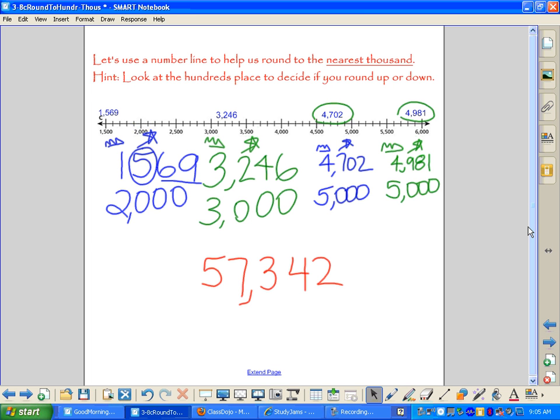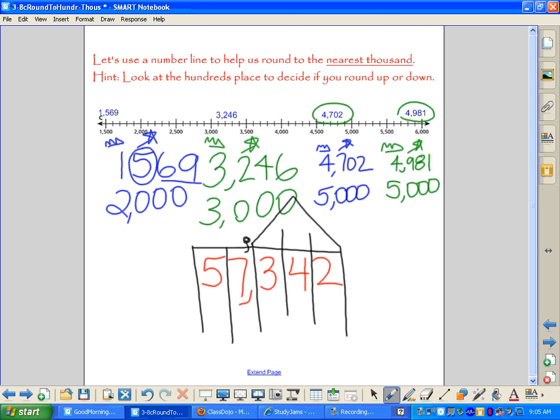Remember when we drew our houses? Yes. In our apartment, what separated the two apartment buildings was the comma. So in between the two apartment buildings is where you need to put your comma. You also could count over. Start at the 1, count over 1, 2,